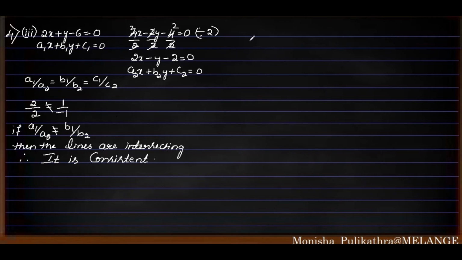Okay, so first I will be taking the first equation, 2x plus y minus 6 is equal to 0. So we need to rearrange the equation so that it comes as y is equal to. I will be shifting this minus 6 to this side, it will become plus 6, and I will be shifting 2x to the right hand side, it will become minus 2x. Okay, next, since it is an intersecting line, we don't know the intersection point. We can calculate the intersecting point first.